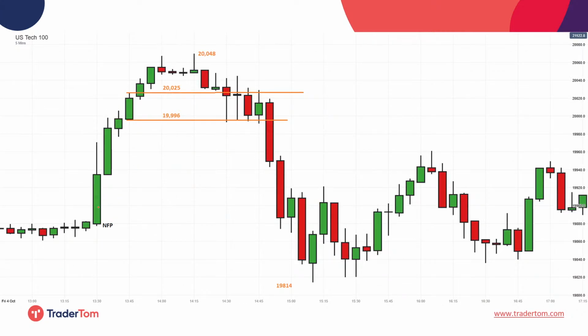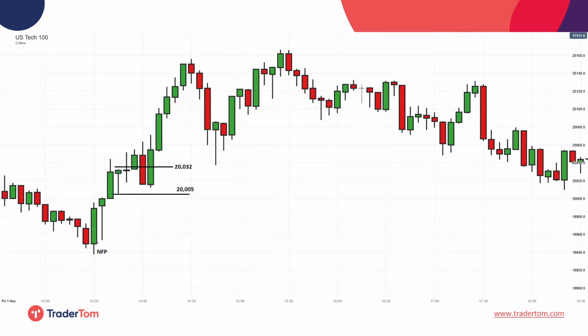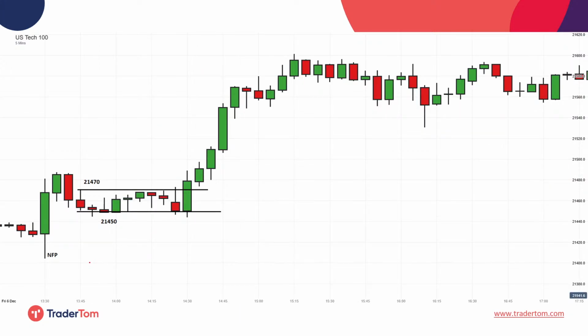Let's go to October. 1, 2, 3, 4, long above, short below. Now in November, 1, 2, 3, 4, long above, short below. And let's go to December, which is the last data we have for the US indices. 1, 2, 3, 4, an awful example. Long above, short below.